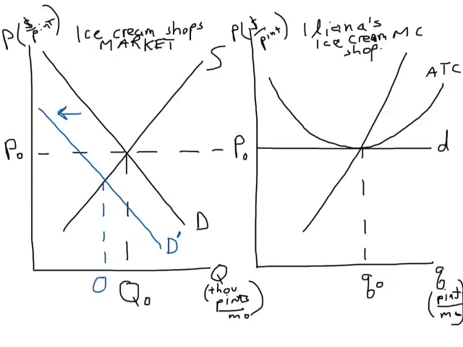Quantity sold in the market goes down. Price falls. And now Ileana's costs don't change, but she's getting a lower price. The demand that she faces falls. Remember, she's a price taker, just has to accept the market price, and that has fallen. So her output goes down,